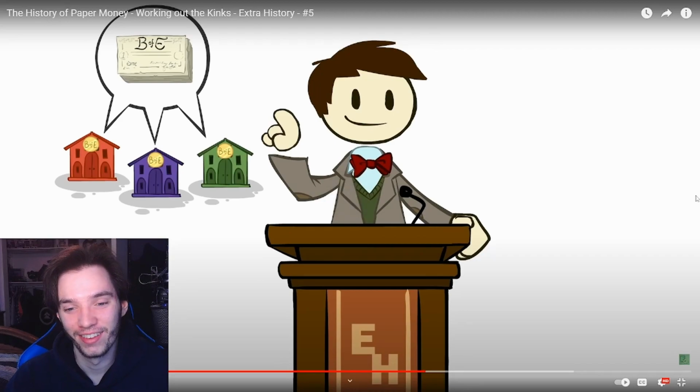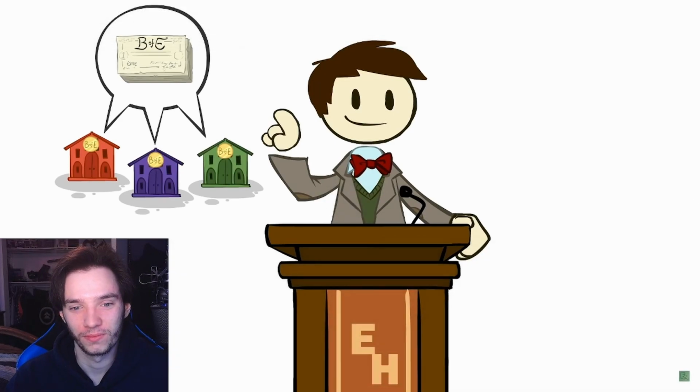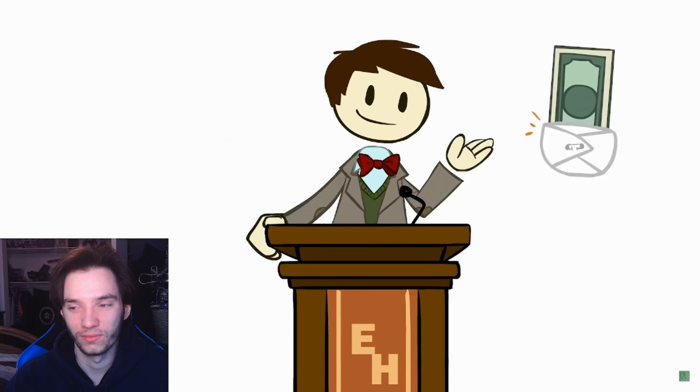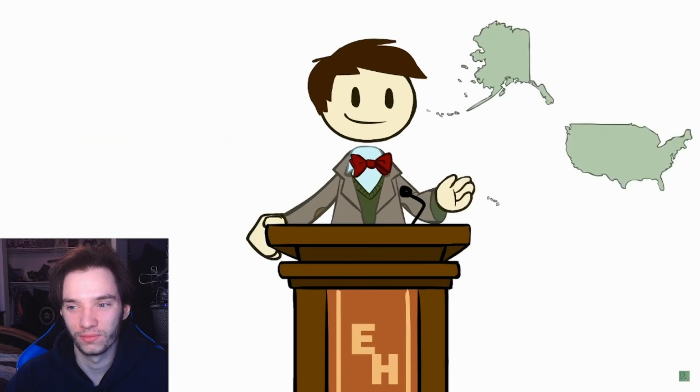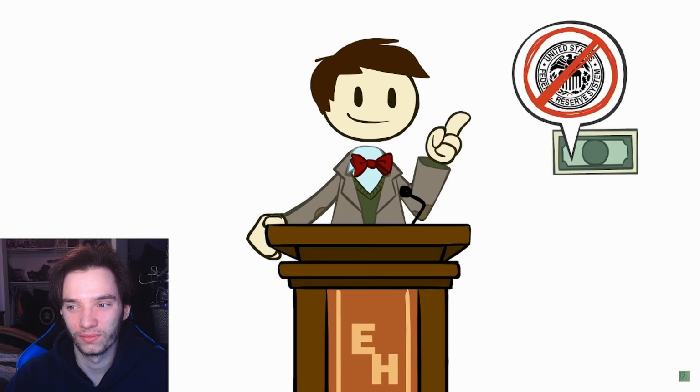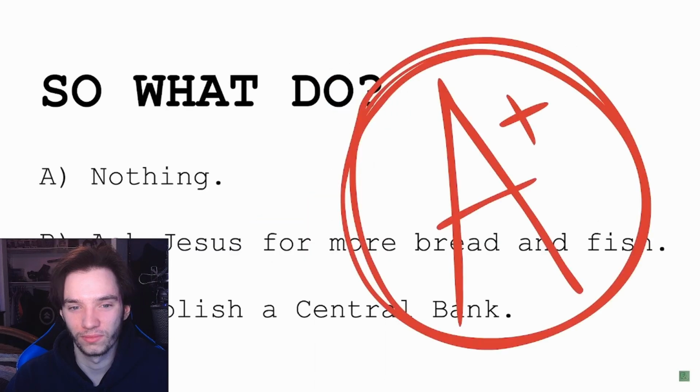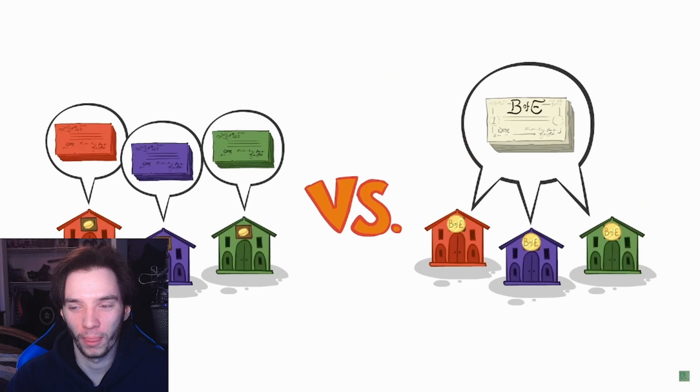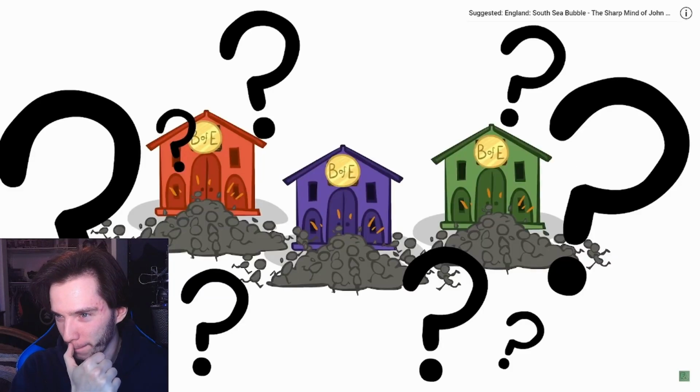having one unified currency that we think of as being money, we take it for granted now, but it really isn't that old. In fact, in the United States, non-Federal Reserve banknotes were being issued as late as 1935. But even with this issue resolved, the lack of a centralized currency wasn't the only problem we were going to have to figure out with these new banknotes. There was also the problem of bank runs.